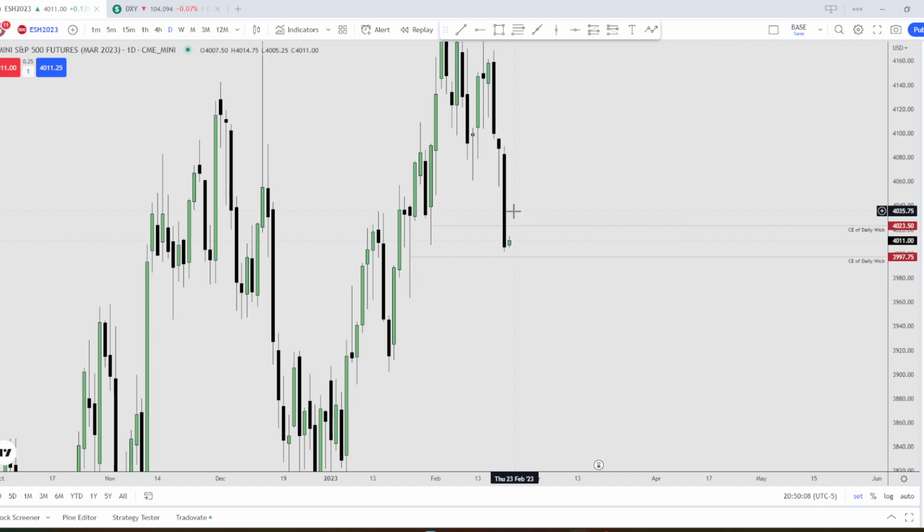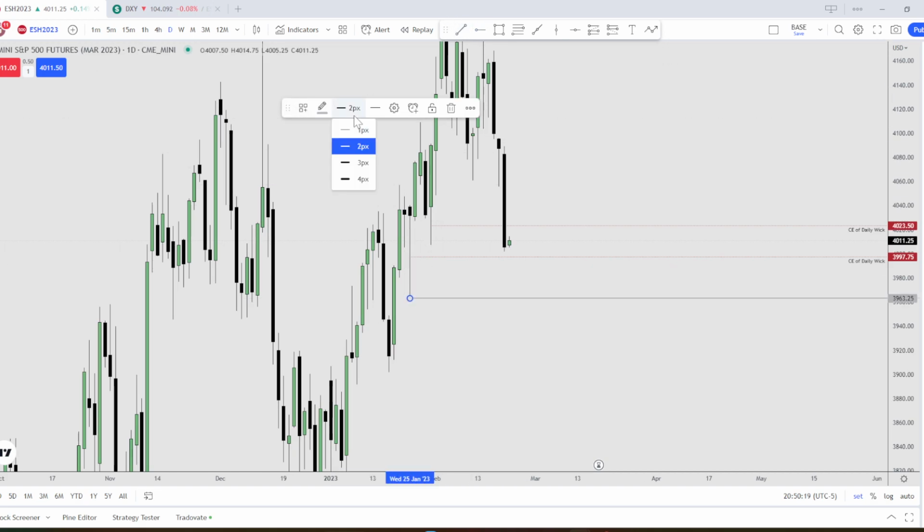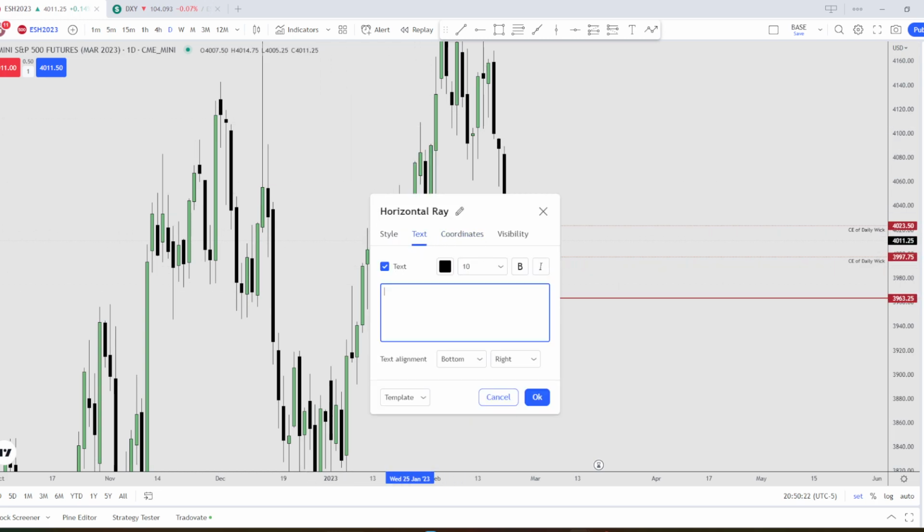So below this level we have the sell side here, so I'm gonna note it down as well. This will be the daily sell side liquidity,